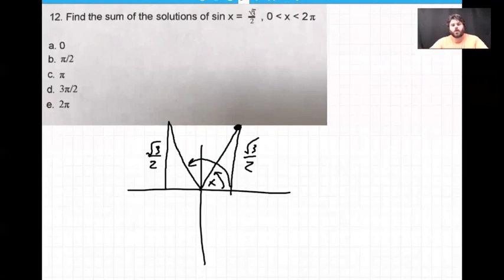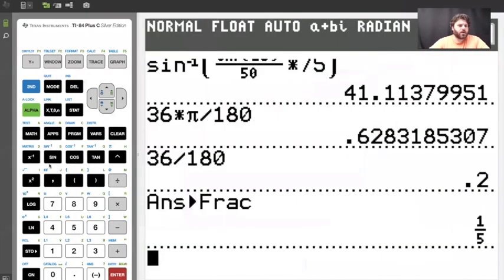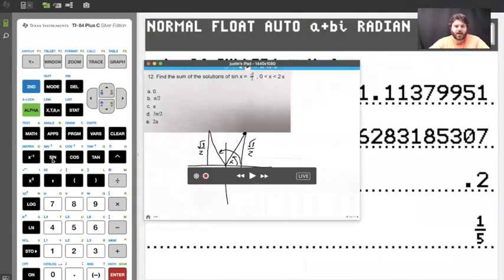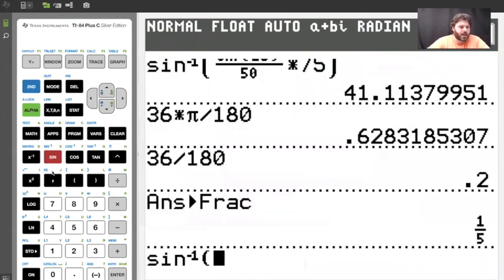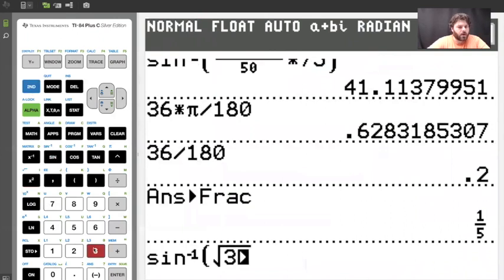So let's try the calculator first. Remember, we know that sine of x is √3/2. If sine of x is √3/2, how do I find x? Well, I inverse sine both sides, right? Inverse sine kills off sine, and x is the inverse sine of √3/2. So when I type that in my calculator, the inverse sine of √3/2,